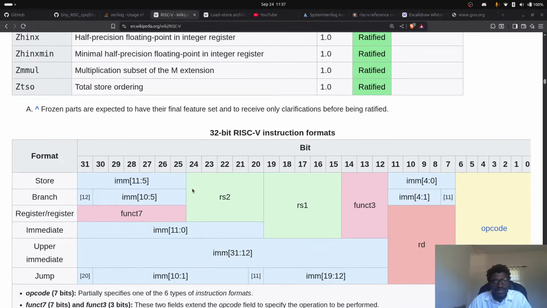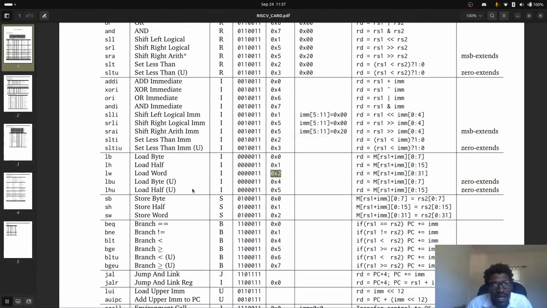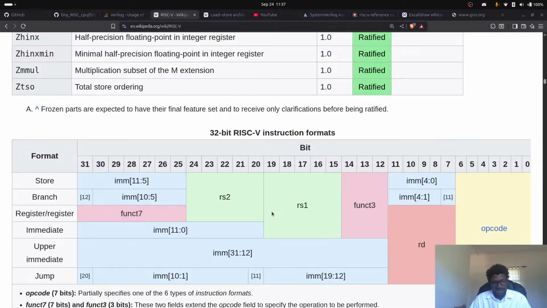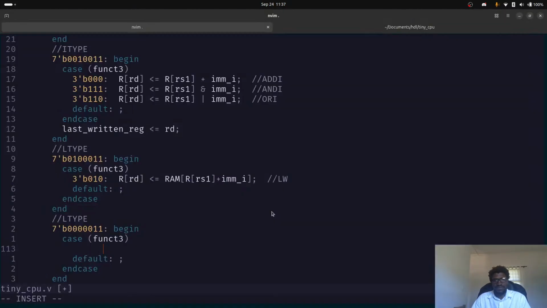And then we want to do load word. We've just done a load word. We want to do a store word, which is also 0 cross 0, 1, 1, 0, 1, 0. So 3, and then binary 0, 1, 0, 0, 1, 0. And then in here we want RD, yeah. It's gonna be that, and then we're gonna say this is going to come from